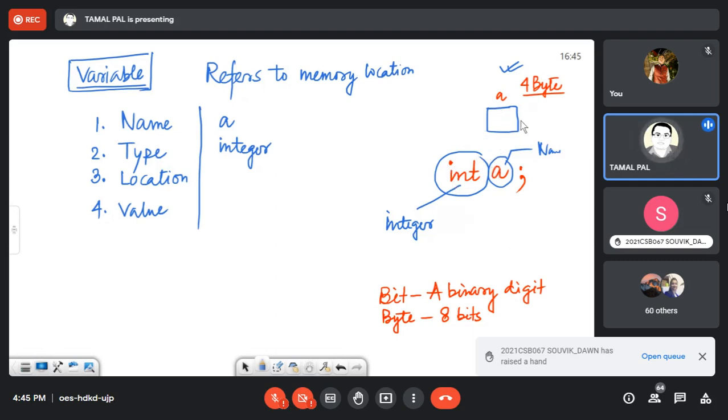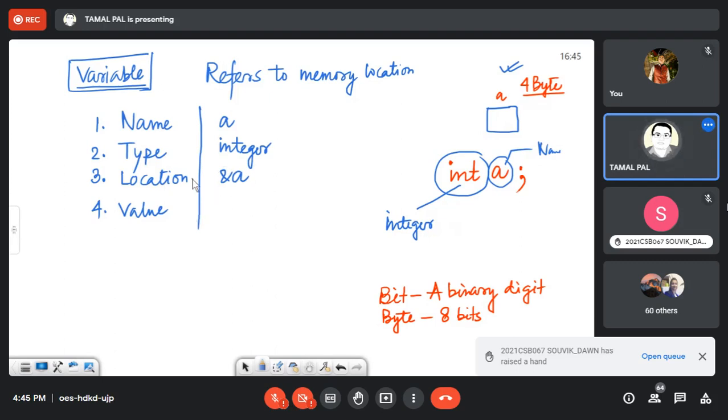So that is nothing but the memory location of this variable. This is usually represented by ampersand a, but the value of this location cannot be known until the program runs.